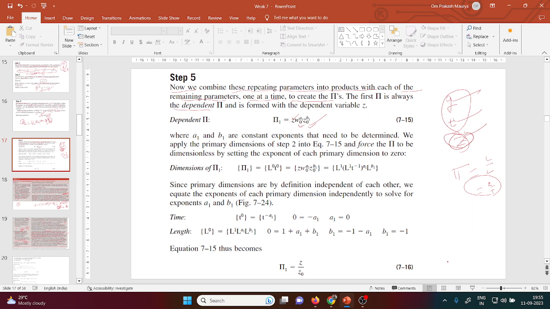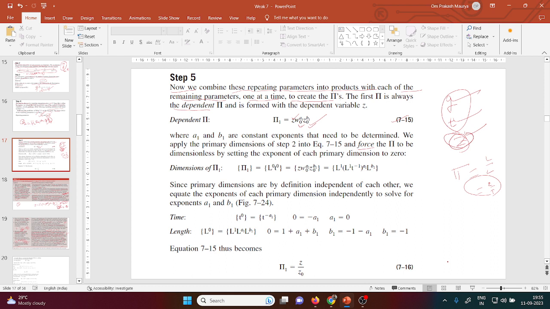You just raise the power a1, b1. You know already, I think in the 11th class you have already known about that, where a1 and b1 are the constant exponents that need to be determined. Okay, we will determine, and we apply the primary dimensions of step 2 into the equation for the force,